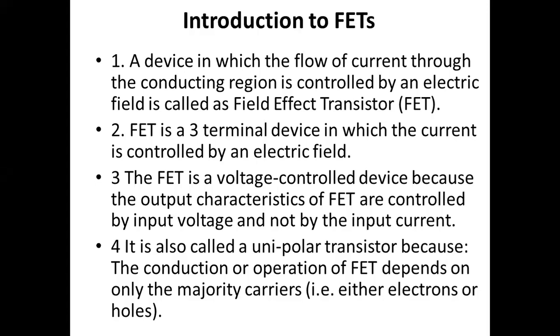This field effect transistor is similar to the BJT, the bipolar junction transistor. The main difference between the bipolar junction transistor and the field effect transistor is that in the field effect transistor, the current is controlled by the applied electric field. Due to the applied voltage, an electric field is generated. That field controls the current flowing through the transistor. But in the BJT, the current is controlled by the